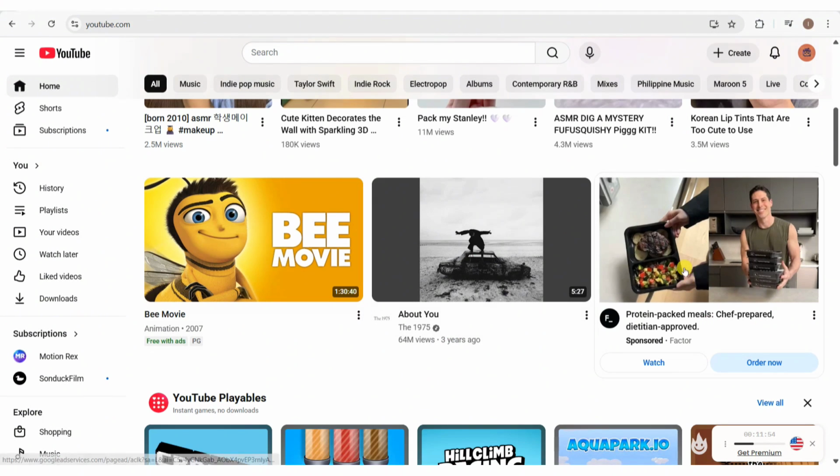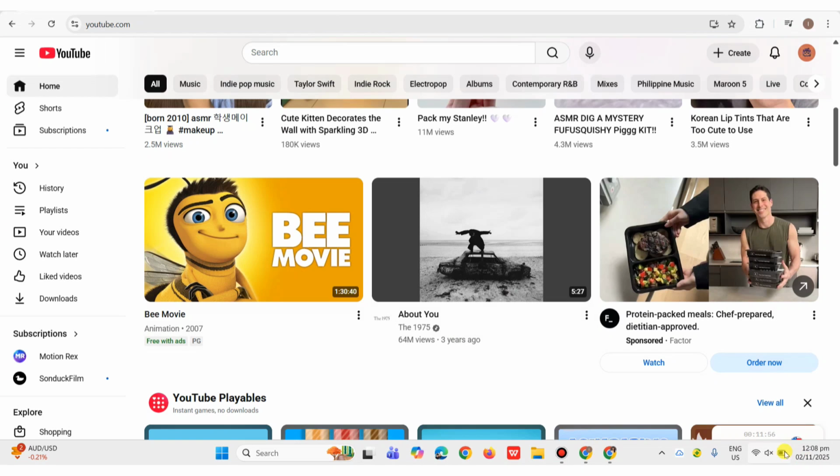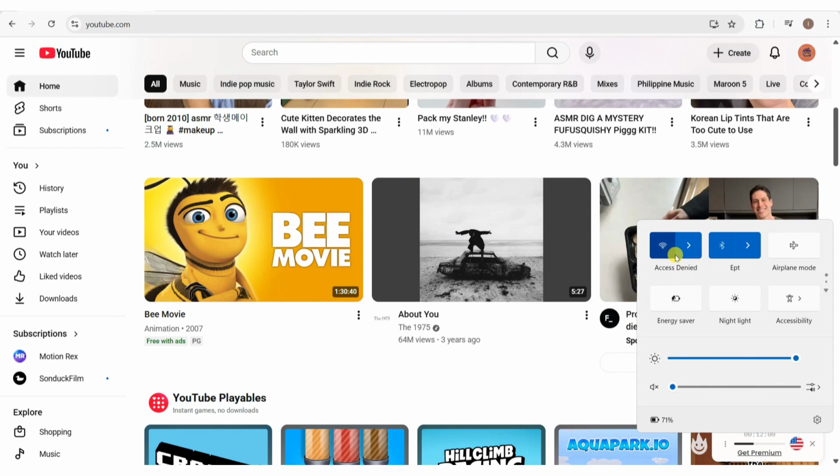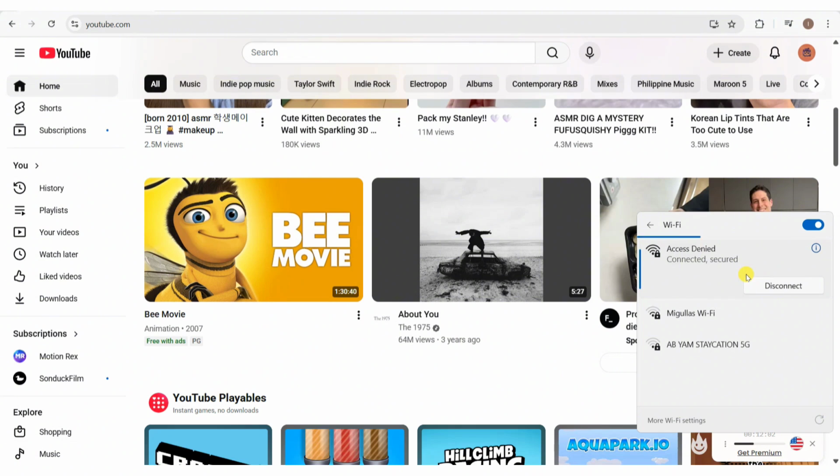and check your internet connection. So click at the bottom of your screen, and then in here, go ahead and check if you're connected into an internet connection. A weak or unstable connection can prevent captions from loading, so switch to a stronger Wi-Fi or